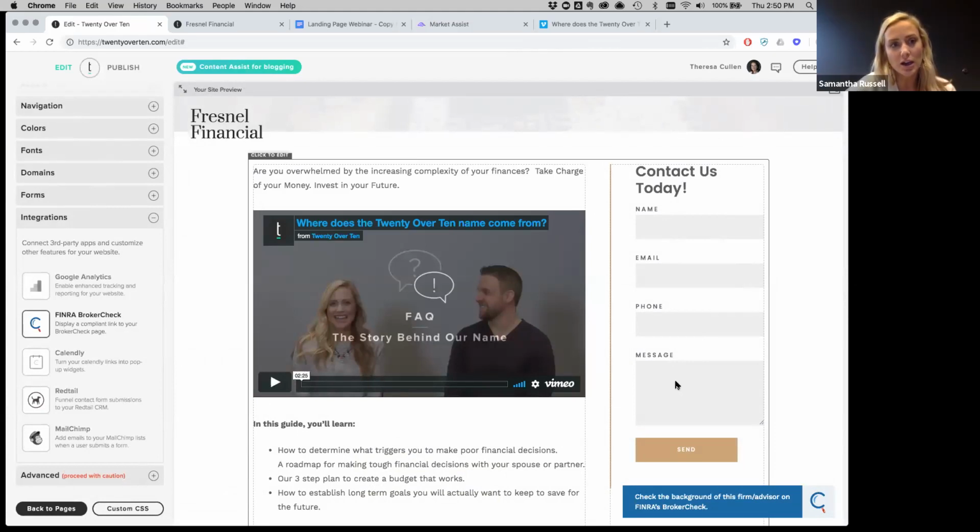Yeah, Amanda actually shared an article in the chat already. So if you're trying to set up gated content where they have to give you their email to get the download first, we have some different ways you can do it. There is an article that Amanda shared in the chat box. You wouldn't just click in the form. If you want it to be more automated rather than what we're showing you here, which is a little bit more manual, then you would want to follow those steps. Again, it depends upon what you're using, and that's why it's a little bit more of a manual process. We'll, of course, include those instructions in the webinar replay.